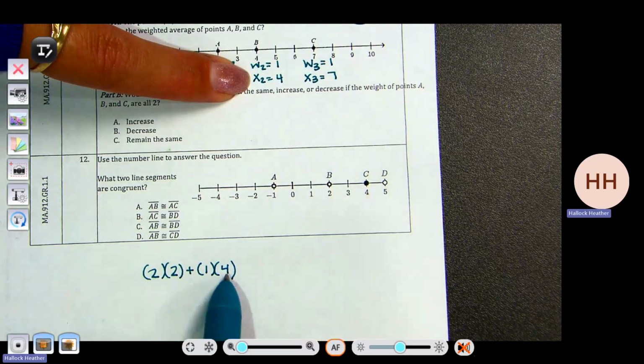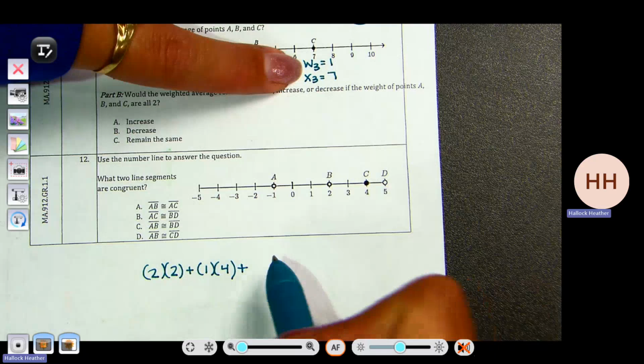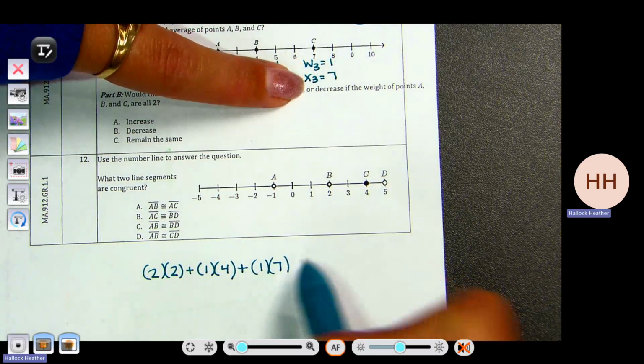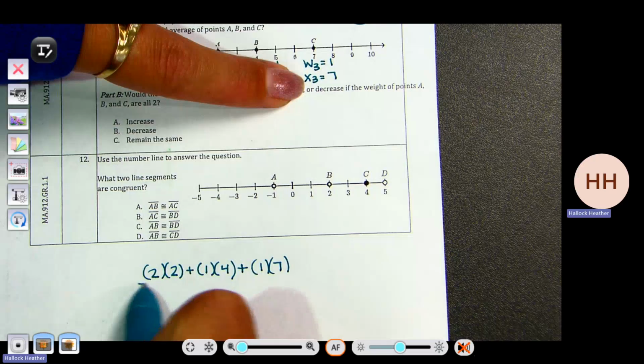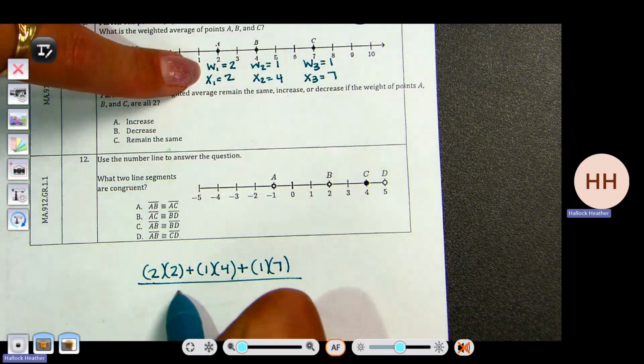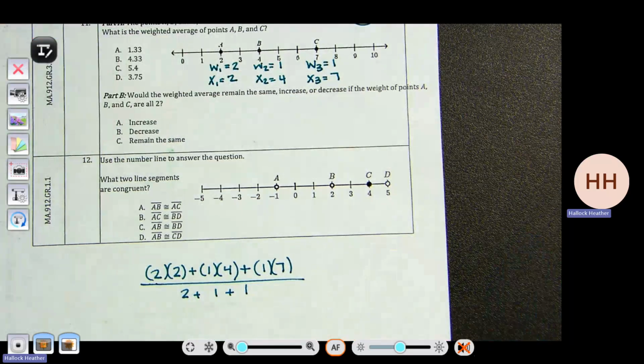This is where we did in class. We only did it with 2 points. This is giving you a third. So plus weight, which is 1, times location, which is 7. And I'm dividing by the weights all added together. So 2 plus 1 plus 1. So if I type this all into Desmos,